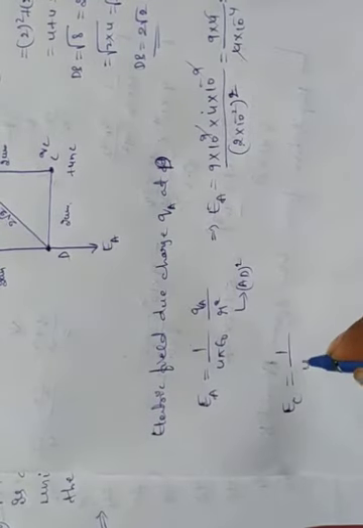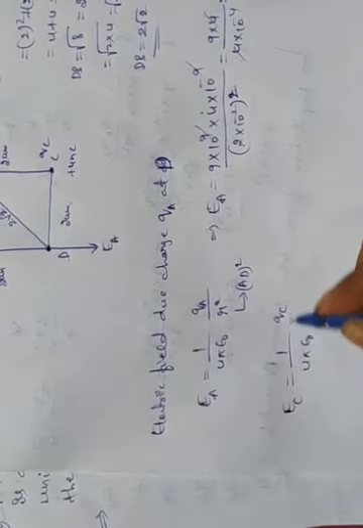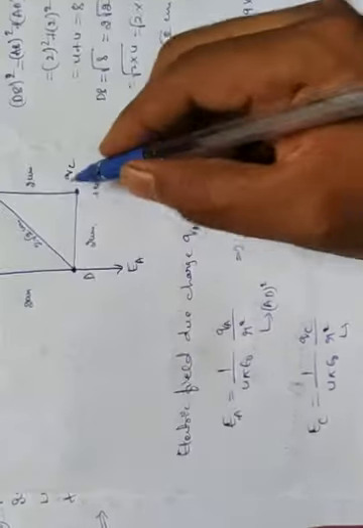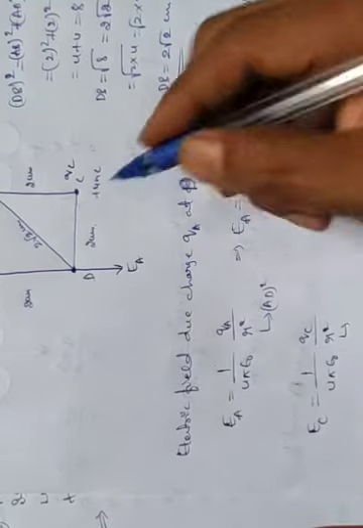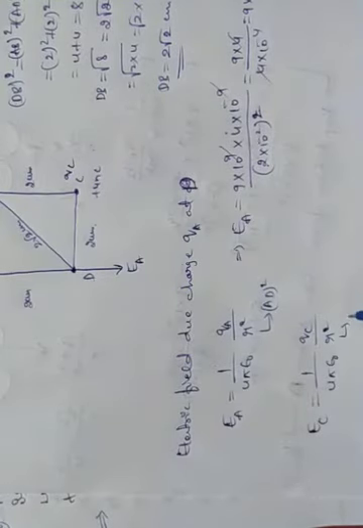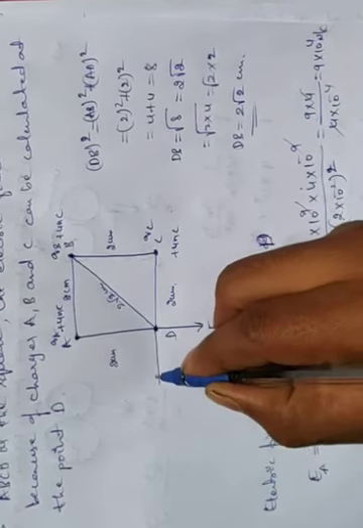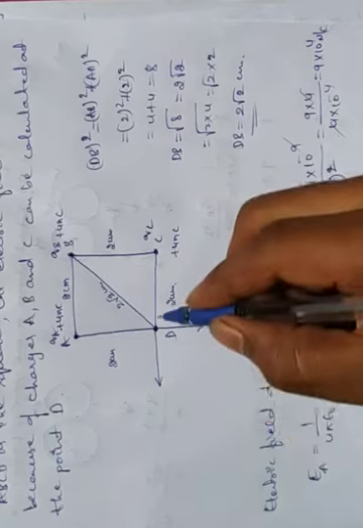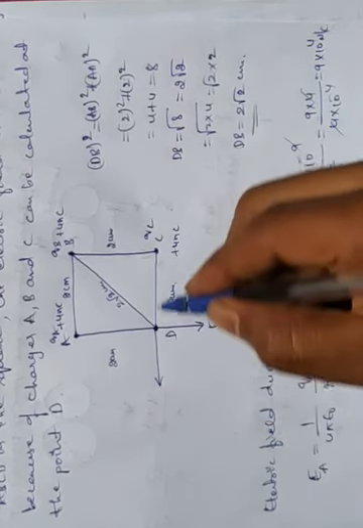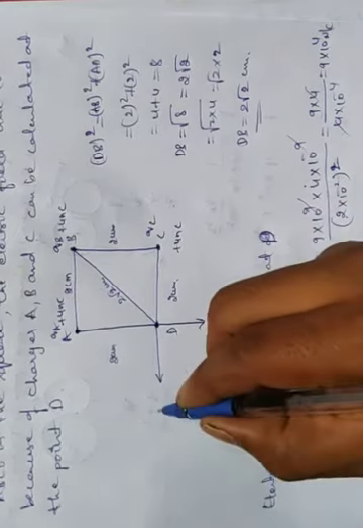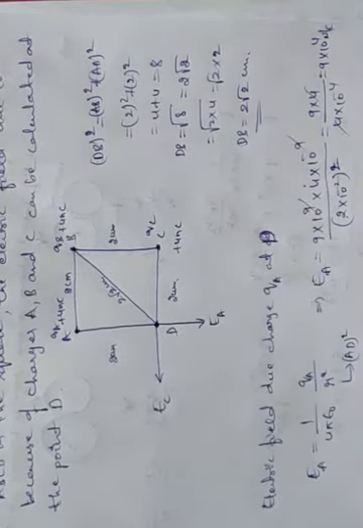That is 1 by 4 pi epsilon naught QC by R square. R square, here R means the distance from C. What is the distance? That is 2 only. That is we can write DC square. Therefore electric field EC is equal to, due to this charge, so in this direction we get the electric field, because here this is a positive charge, so from the positive charge the electric field is outward, so we get the electric field due to the charge at this point.